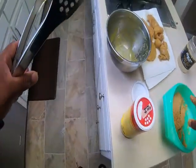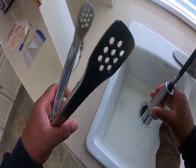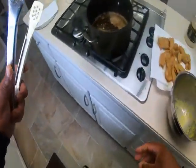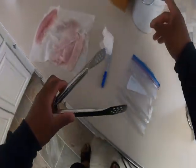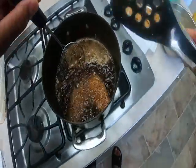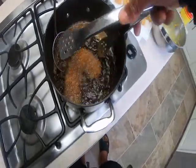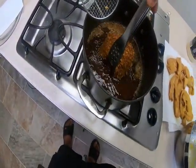And I'm telling you, once you try it like this, I tried it, and guys, I lost my mind. I thought, wow, this is delicious. And like anything else, I perfect what I'm cooking. That's just how I am. Let's see if I can get it out with this. I'm using a different pot than I normally use,